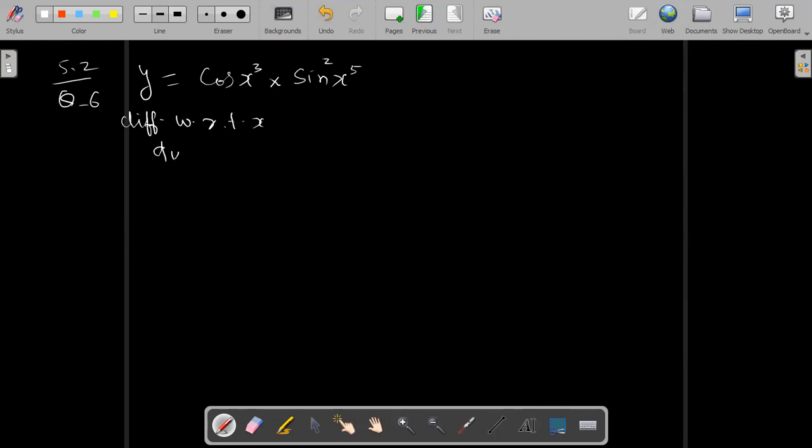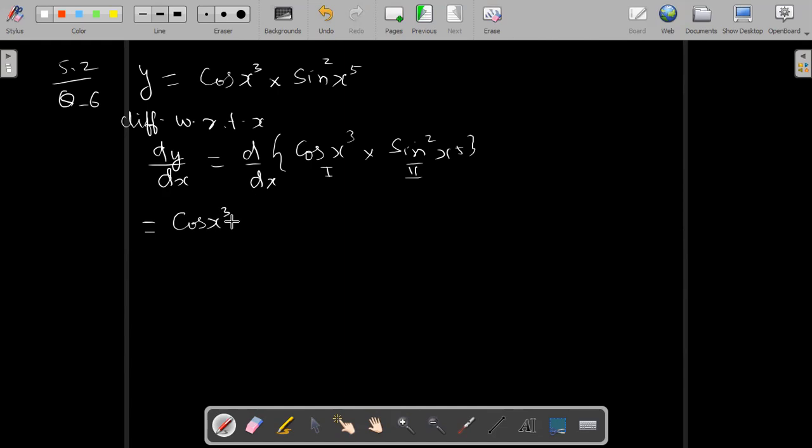We get dy by dx, and then the product rule will be applied. First you can write dy/dx of, so we used to write like this, whichever is the first function, we are considering first function into second function, sine square x raised to power 5. So first, second also we can write: first function, differential of second function, plus second function, differential of first function. So first function as it is, cos x cube, then differential of second function, d by dx of